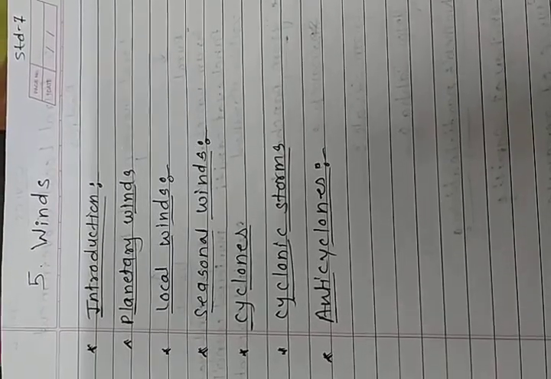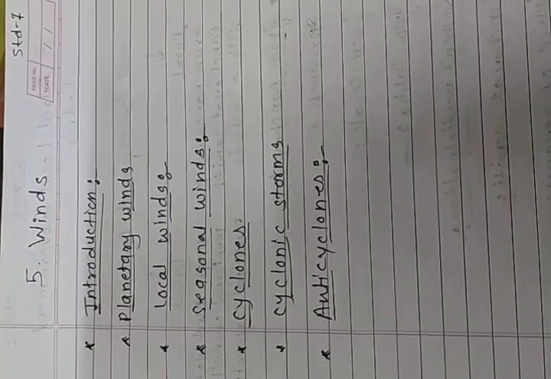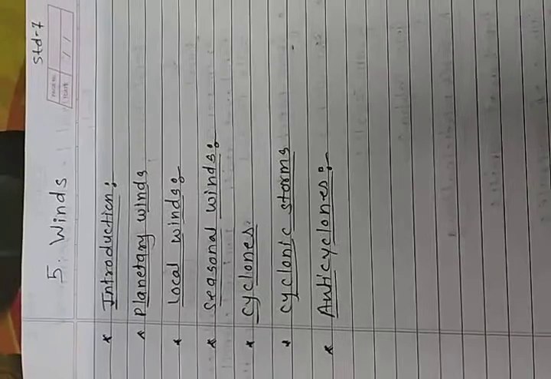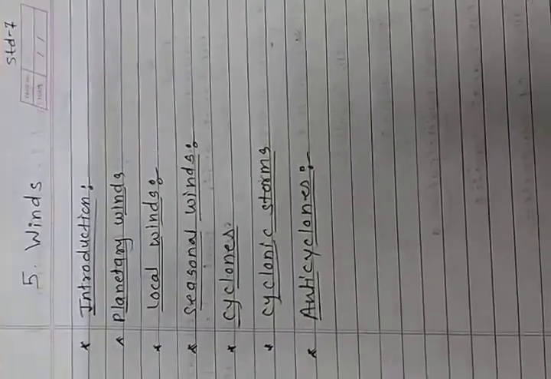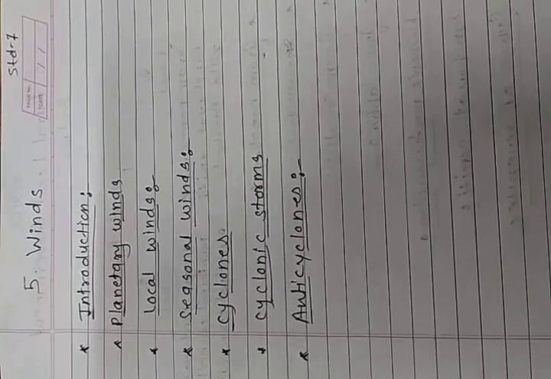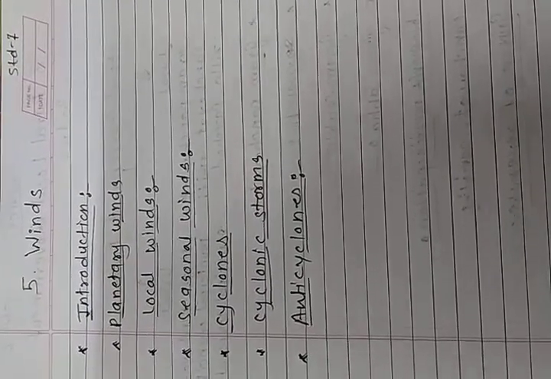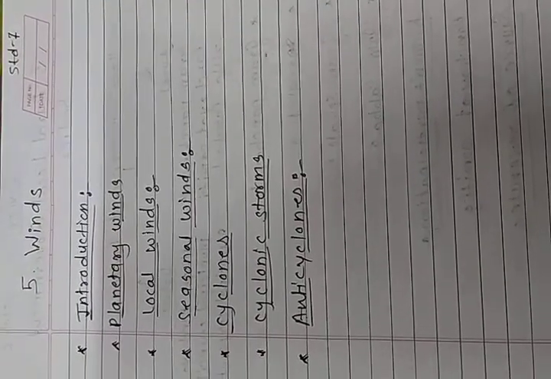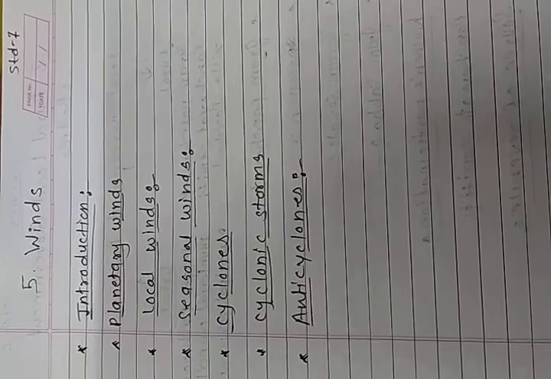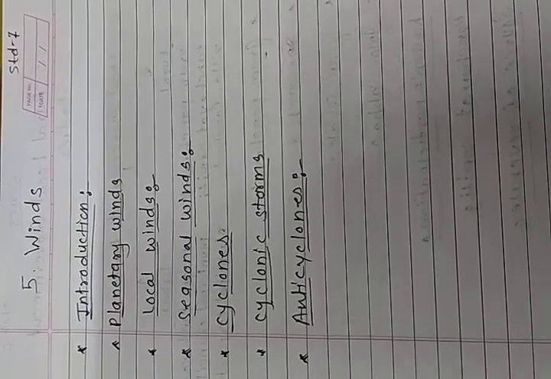In this horizontal movement of air, winds are generated. The extent of the difference in the air pressure affects the velocity of the wind. If there is a less difference in the pressure, winds blow with less velocity. Winds blow with greater velocities if the pressure difference is greater. Wind speed also varies. Wind velocity is measured in the units that we call knots or kilometers per hour.